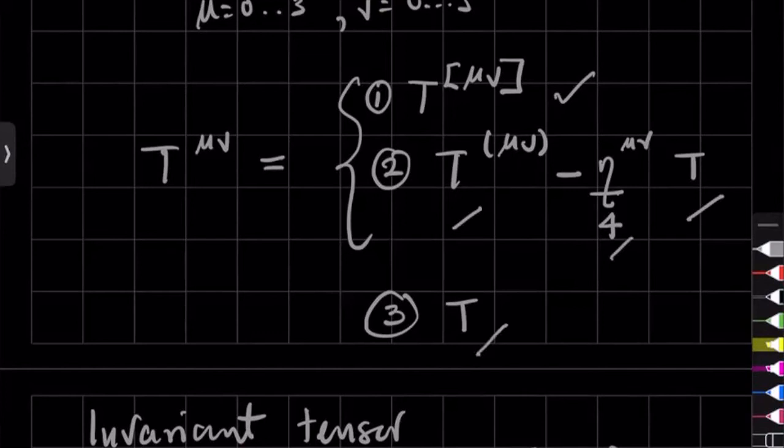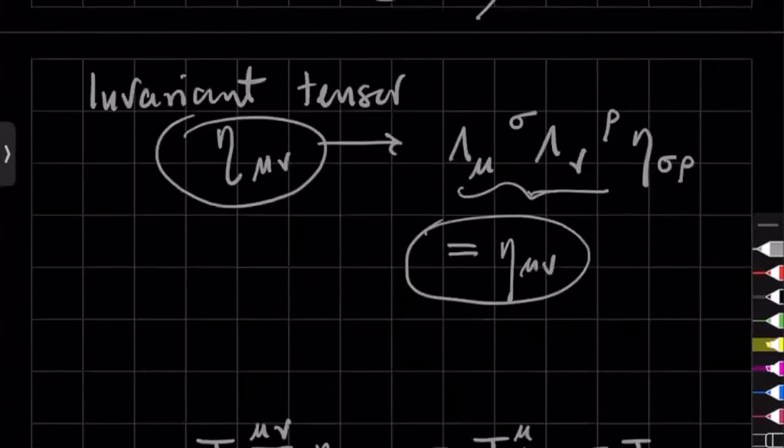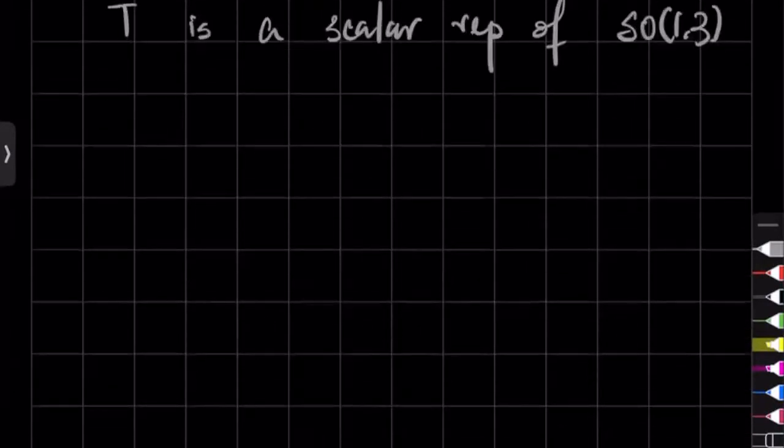So these are the 3 irreducible representations. So we can write T mu nu in the following way. We can write, say, T mu nu in a way where basically we have a 16 by 16 matrix, but then we have a 4 by 4 part,